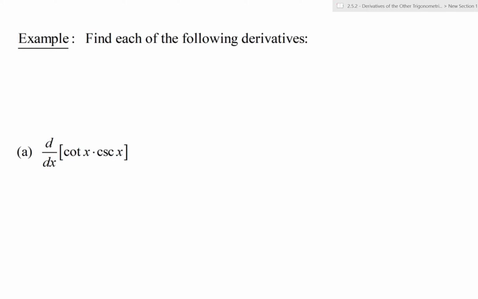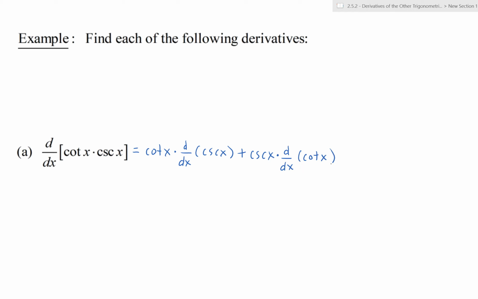However, since we have the individual derivatives of the cotan and cosecant functions here, it might not be worthwhile to go through that whole procedure. So I'm going to just go with the rules we've established. Now, in this case, we have a product rule, right? Cotan of x times cosecant of x. So then what are we going to get? We're going to get the cotan of x times the derivative with respect to x of the cosecant of x plus the cosecant of x times the derivative with respect to x of